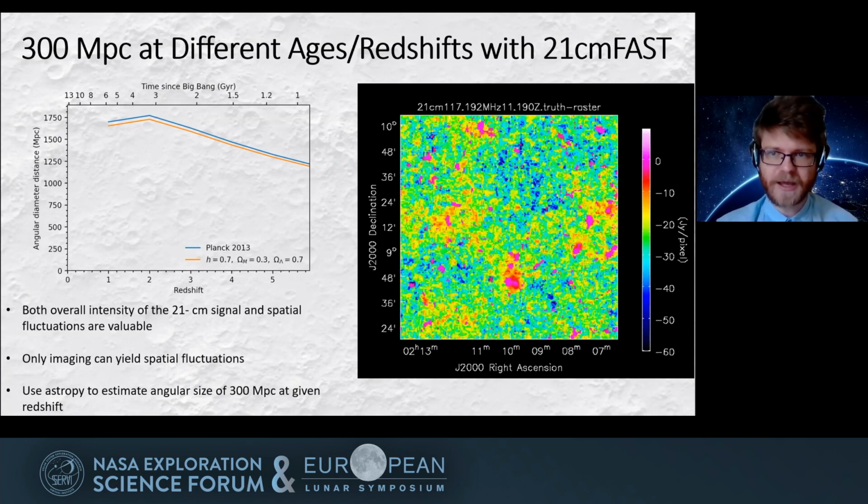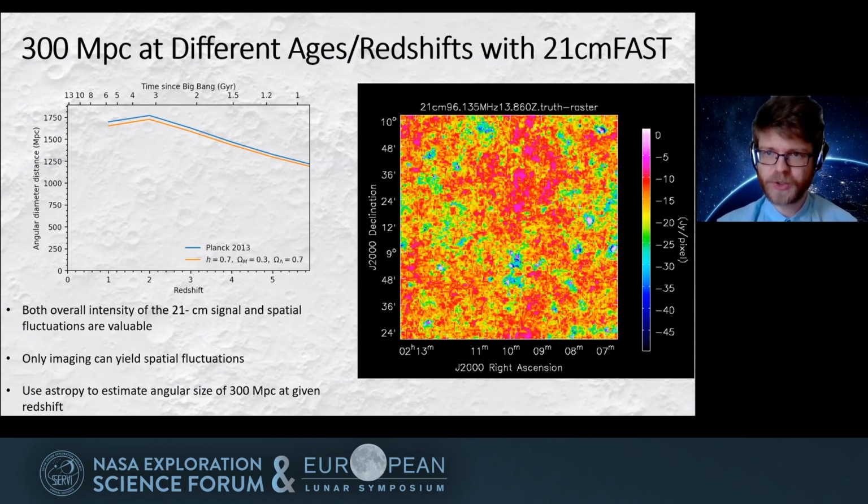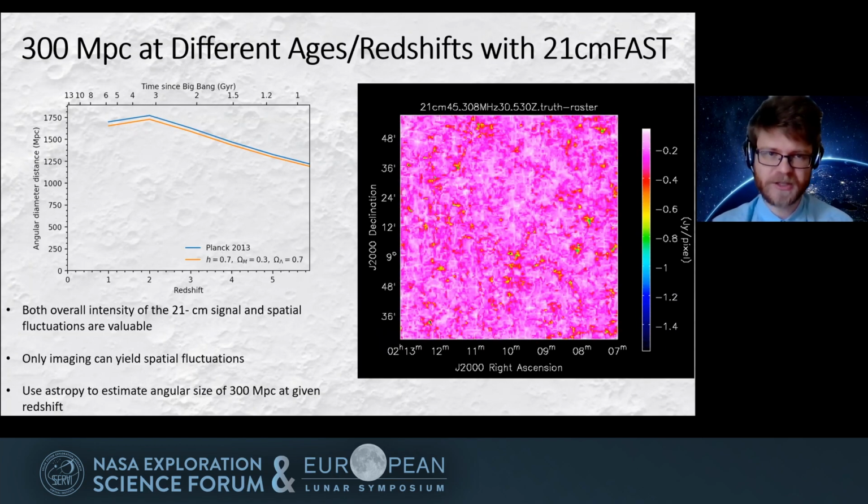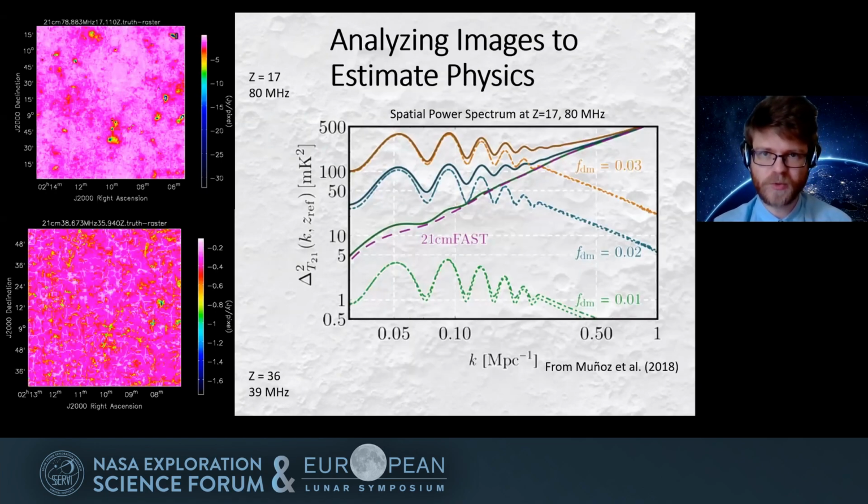And so quantifying the spatial power spectra of this would allow us to more accurately pin down aspects of dark matter, like we heard a couple talks ago. Here's an example of different simulations where they're injecting different levels of charged dark matter or changing the aspects of dark matter, and then showing the spatial power spectra of those different simulations.